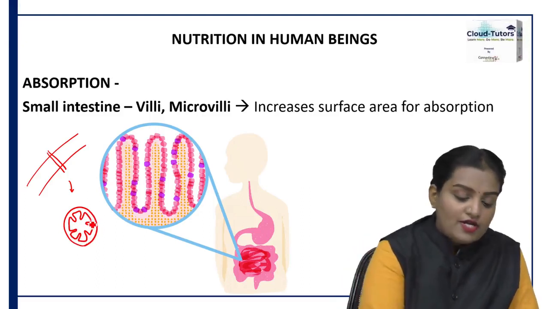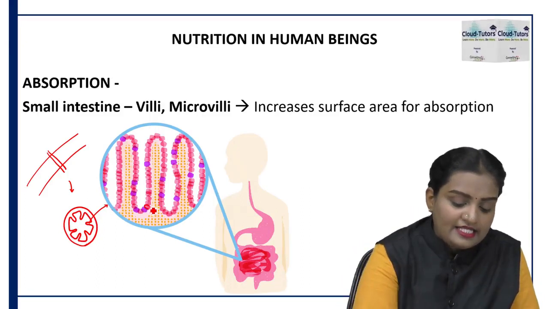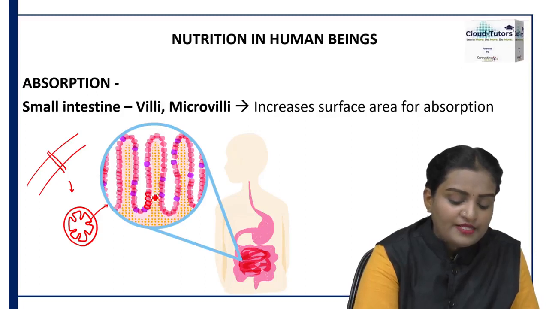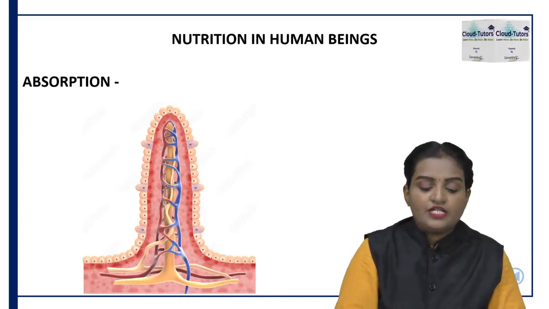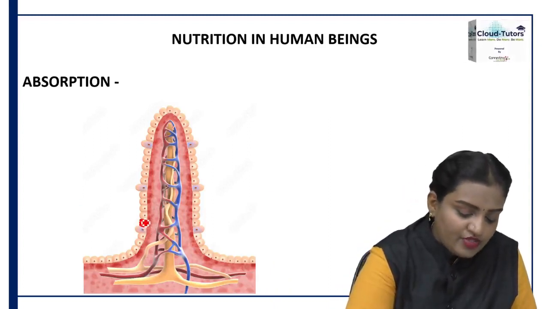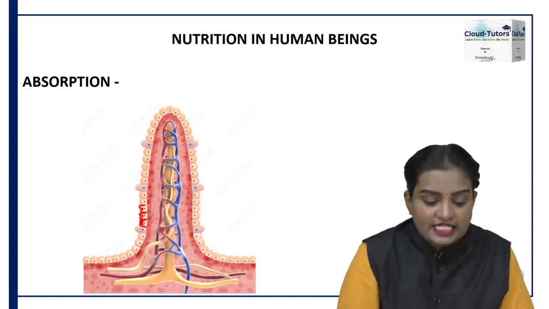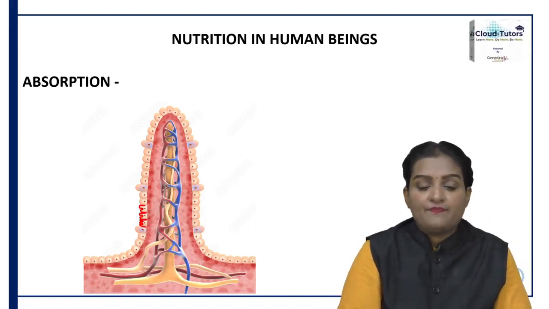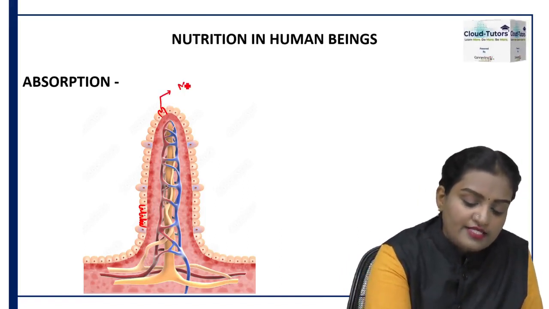And when we focus on this particular villus here, you can see there are cells present on the villi. If we carefully observe, these cells also have finger-like projections like this, which further increase the surface area. So these structures are known as